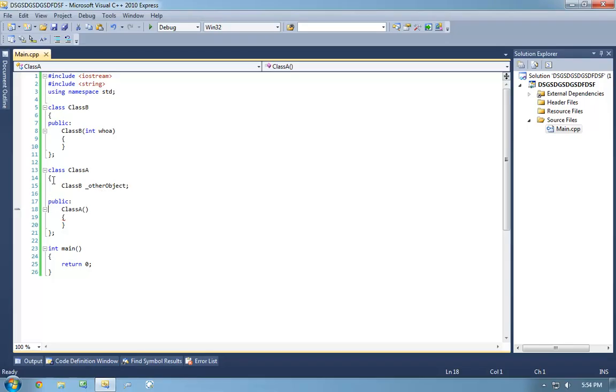We get a compiler error because we have a field that is of type class B. Class B requires that we pass in an integer into it. There's no way to create a class B without providing an integer into the constructor. So there's no way for us to instantiate a class B with the default initializer. Remember, initializers run before the constructor. So we need a way to override C++ and tell it, no, we want you to initialize this field this particular way. So before I get too far into this example, I'm going to bring back the references stuff.